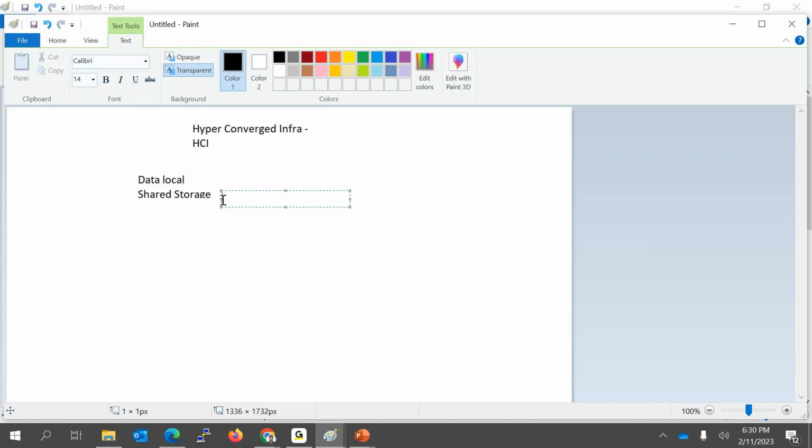Then coming to hybrid cloud, yes, they play a major role. Then hardware, they also have their own hardware. Coming to storage, we are not talking about any SAN storage here because Nutanix itself offers you storage, and that storage is a distributed storage.